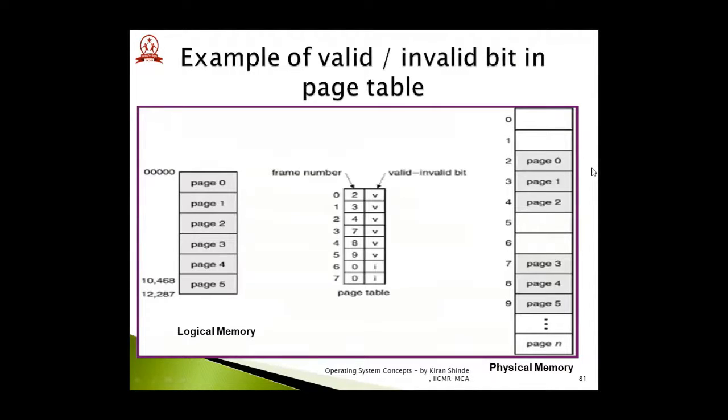Here we will see some examples with which we will try to understand exactly how this page fault occurs. So first of all, let us see this particular image. There are two representations of memory shown, logical memory and physical memory, which we have already discussed in my previous video lectures. You can see the logical memory here is divided into certain pages. There are 6 pages shown in this image, and you can see the memory location addresses starting from 000. On the other side, you can see the representation of physical memory, that is your main memory, which is again divided into certain frames.